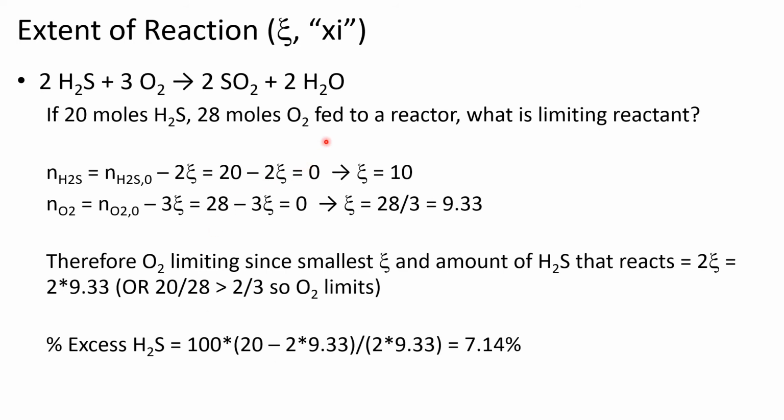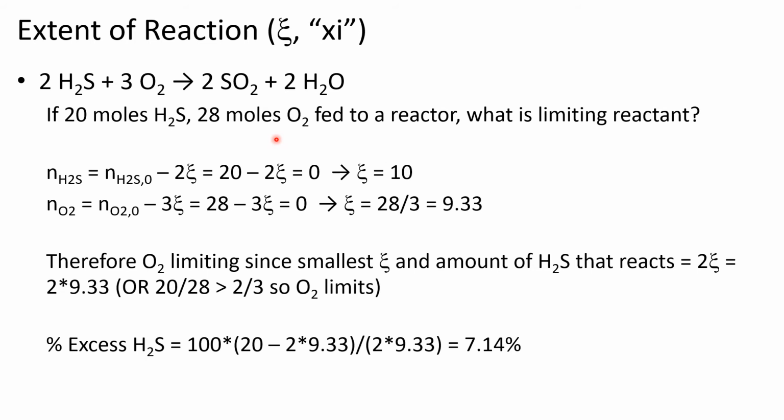Let's use this concept of extent of reaction to determine the limiting reactant for the very same problem we looked at using the ratio of the stoichiometric coefficients. If 20 moles of hydrogen sulfide and 28 moles of oxygen are fed to a reactor, what's the limiting reactant? We can determine which one's limiting by calculating the value of xi, the extent of reaction that would be required